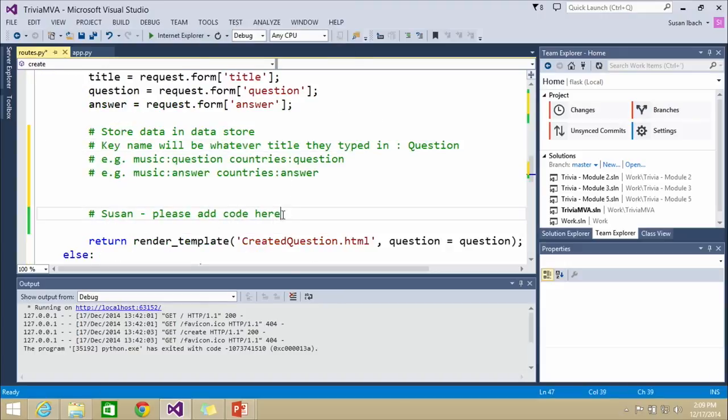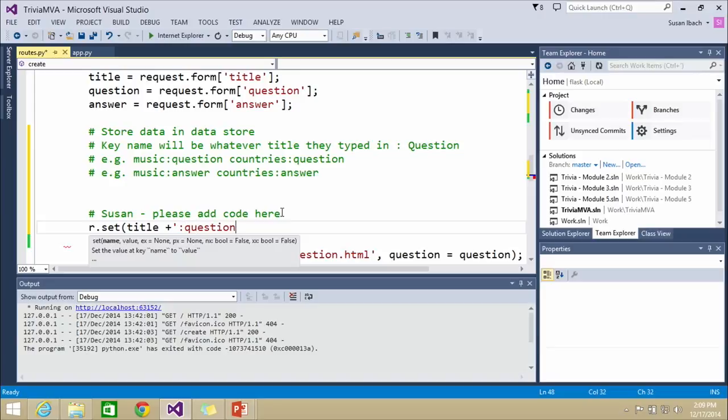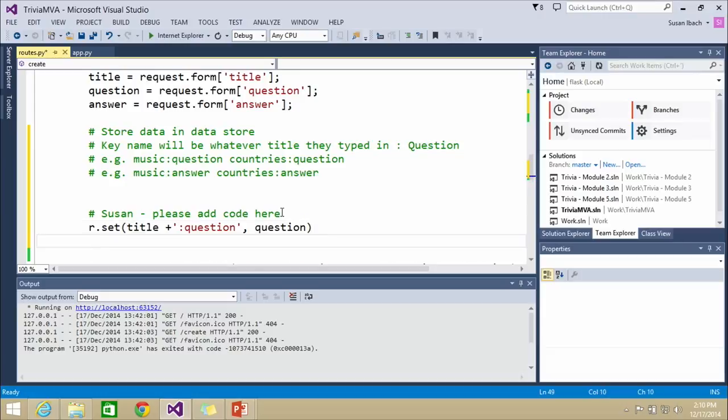And where you said, Susan, please add code here to store the data in the data store. Add code there. Yep. I'm going to say r.set. And the key name is going to be whatever title the user passed into me, and then a colon, and then the word question, because this is where I'm going to store the question. With a silent R, absolutely. And then the value I want to store inside that key is the actual question that the user suggested we should ask. Okay. Then I'm going to need to store